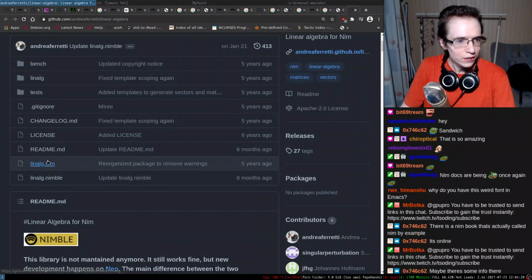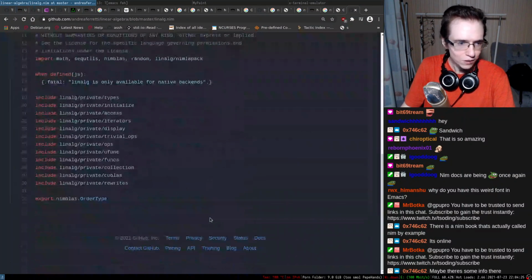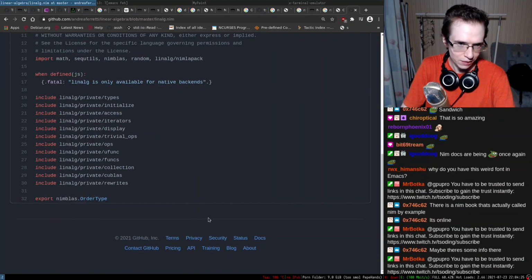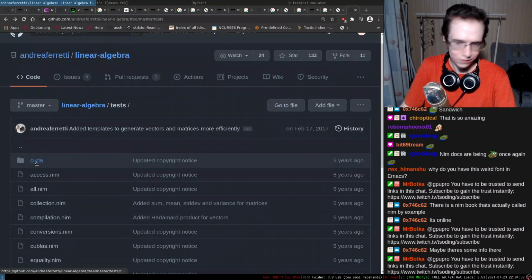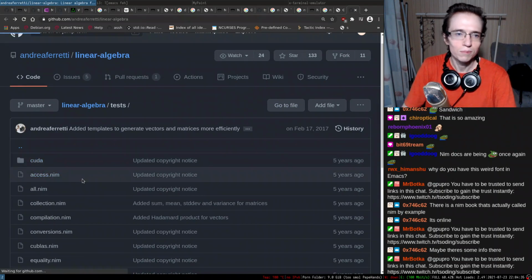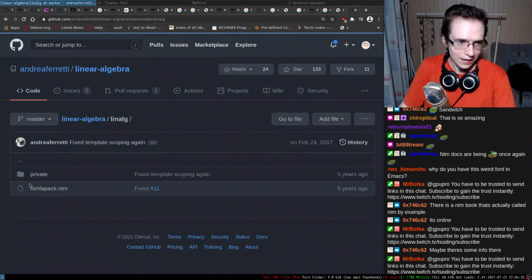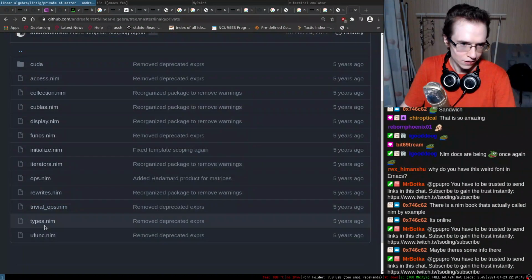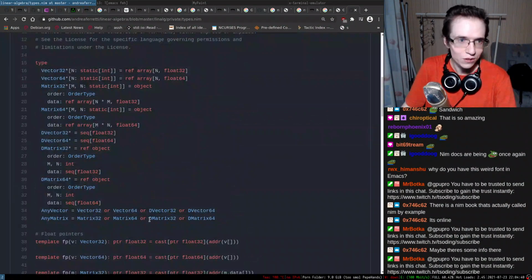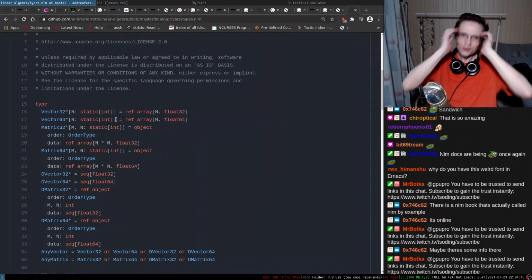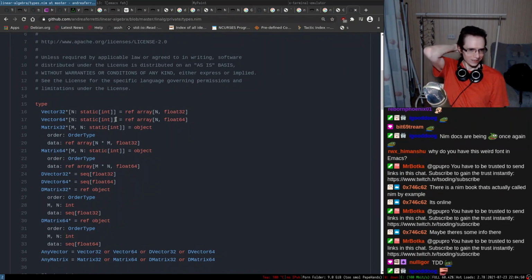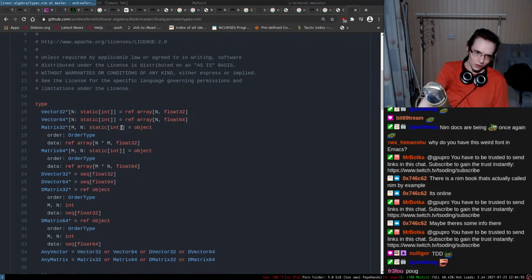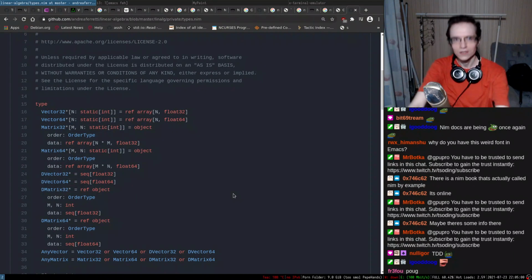So here is the linear algebra, linalg nim, and okay, there are some private types. I think we need to take a look at the private types. So, this is the wrong folder. This is the wrong folder. Go back, please. So it's linalg private types. Okay, so maybe we're gonna have something in the types. Static int. That I do remember something like that. Yes, I told you, I do remember something like this. Yeah, so that's how we do that. So that's cool, we're gonna use this. Okay.